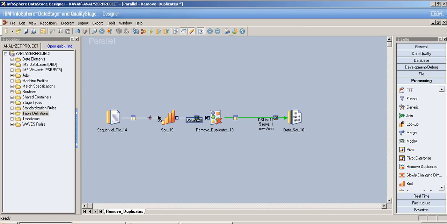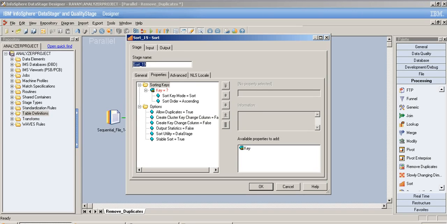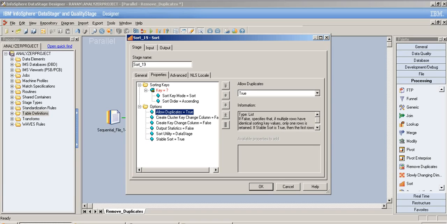Even though we can remove duplicates in the sort stage too, where we have allow duplicates true or false, right? So we can remove duplicates in the sort stage too,